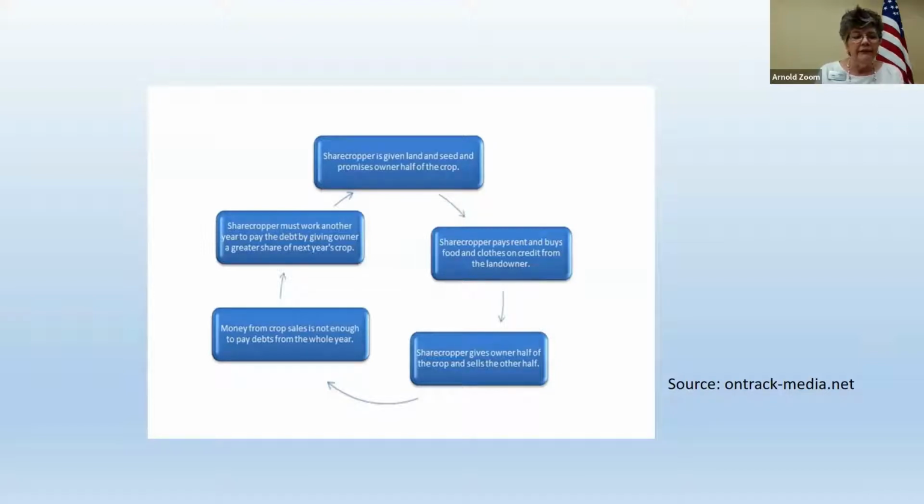And let's talk about a couple of things on this slide. At the top, it says the sharecropper is given land and seed. The sharecropper is not given anything. They're basically allowed to plant the seed on the land. The seed is then charged to the sharecropper's account. The sharecropper lives in a shack, but rent for that shack is charged to his account. He buys his food and clothing on credit from the landowner. And